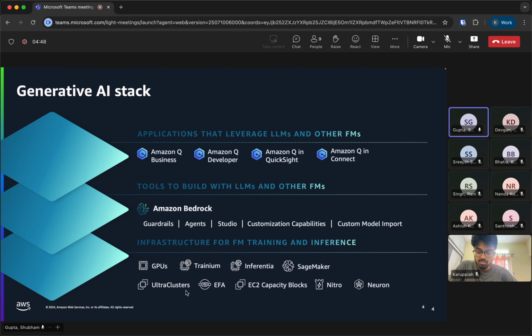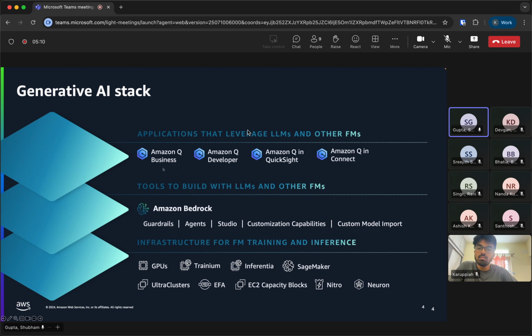Something like PII data is not passed into the LLM, or it is not generating any harmful or sensitive content. So these kinds of guardrails are supported. You can build your AI agents which can not only think but actually take actions based on whatever instructions we have provided. Similarly, a lot of functionalities are there. We'll explore some of these today.